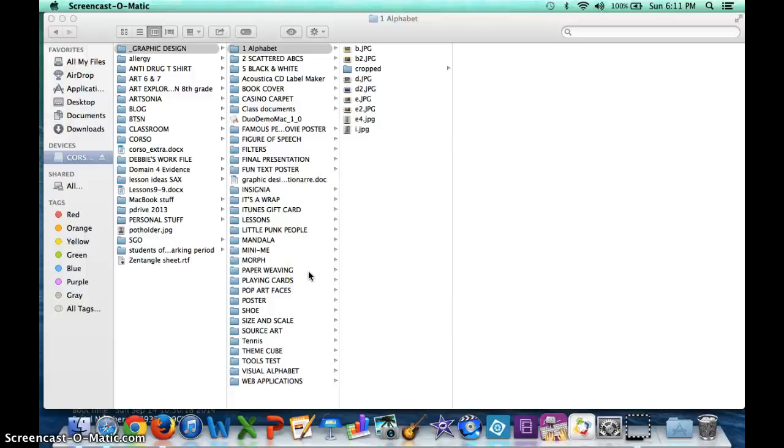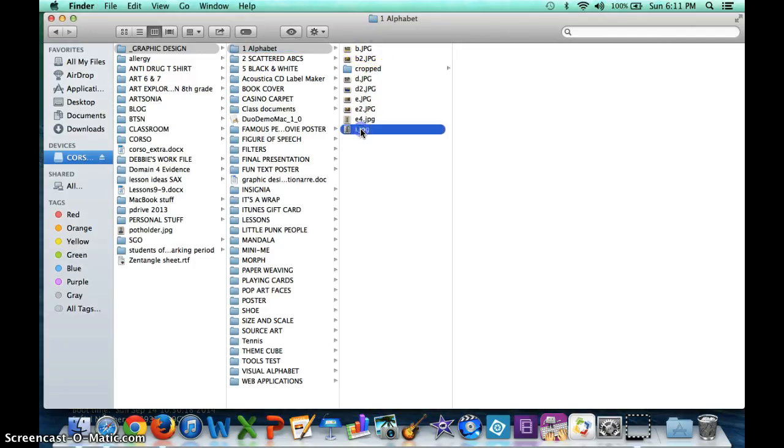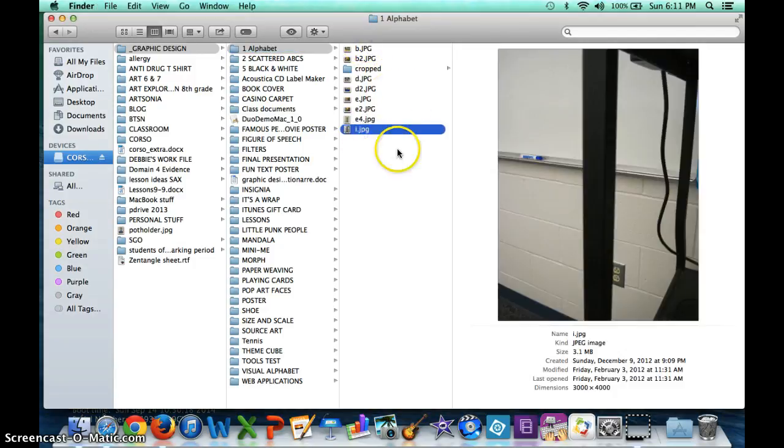Okay, this next video is going to give you a little orientation to Photoshop. Now, in order to orient ourselves into Photoshop, we need to open up Photoshop. So there's a couple of ways you can do that. You can go ahead and click on the app at the bottom on the dock and you can open it,